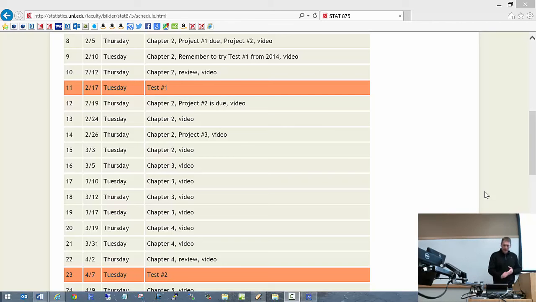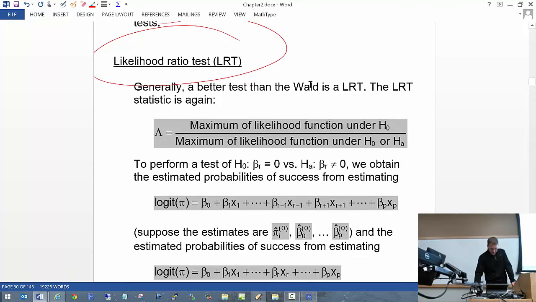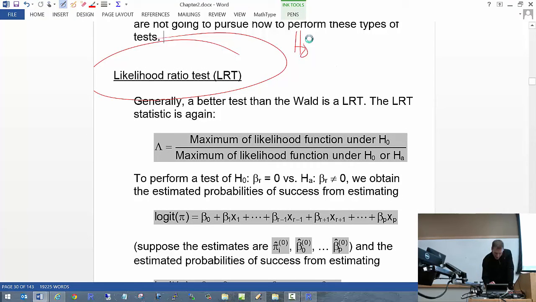Okay. We left off in the notes talking about hypothesis testing on page 230. So we talked about a Wald test for a parameter beta sub r. In particular, our hypotheses are H0: we are picking one beta from our model, and just to be general, we're calling it the rth beta. Is that equal to 0 or not? Because if it is equal to 0, that suggests that the x has really no relationship with the probability of success. And so we looked at a Wald test to do this, and we have discussed problems that occur with